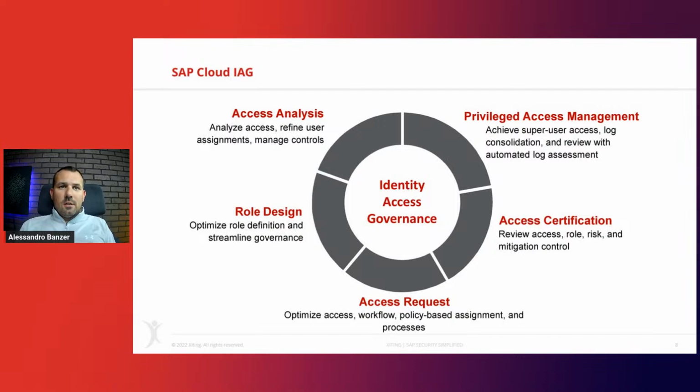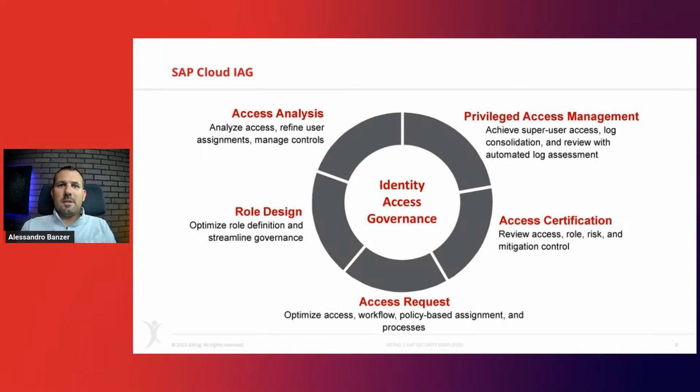SAP Cloud IAG, and some of you might have already joined the session a couple of weeks ago when we had an overview about IAG. But just in a nutshell, IAG obviously is a cloud solution. It's a cloud product that runs on the business technology platform. So it's a SaaS, a software as a service that we can consume. SAP offers it, we need a license and have to do some configuration steps, but it's ultimately a cloud application. IAG comes with 5 different services.